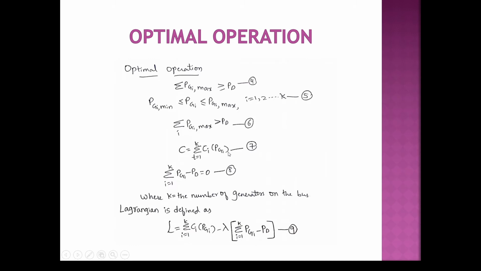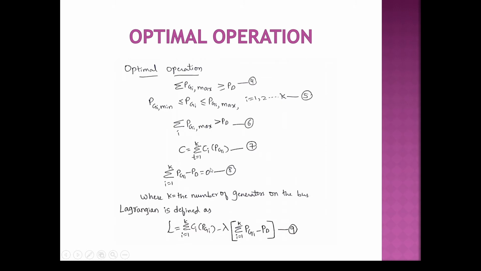What I'm telling here is that the operating cost is equal to the summation. I can take it as i, i equal to 1 to K Ci PGi. Please correct it, all the students. It is i here, so i is equal to 1 to K, Ci is a function of PGi we are writing here. It can be 1, 2, 3: C1 plus C2 plus C3 plus and so on.